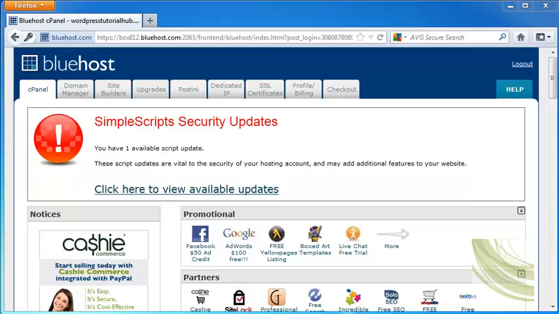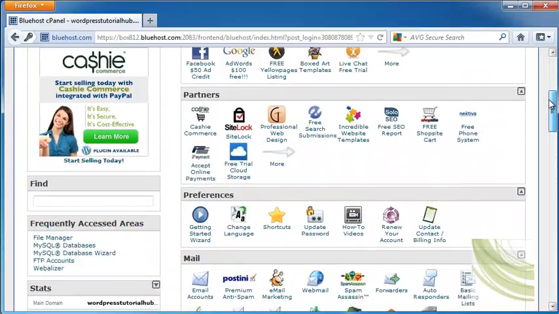Hi there. For this tutorial, we're going to take a look at how to create an email on your web domain. We're going to use cPanel to create this email account, and it's going to forward all of your emails to your actual regular email address if you wish, or you can just keep this separate email account on your domain. So what we're going to do is go into your cPanel, and we're going to scroll down until we